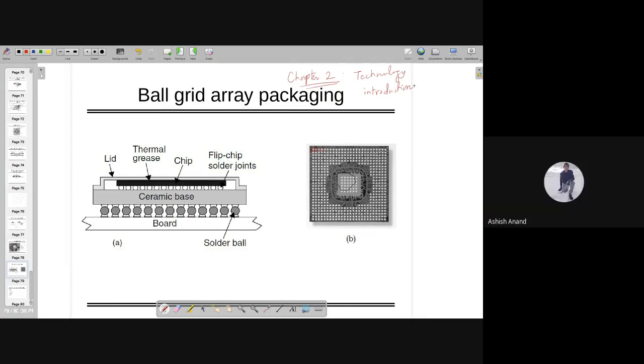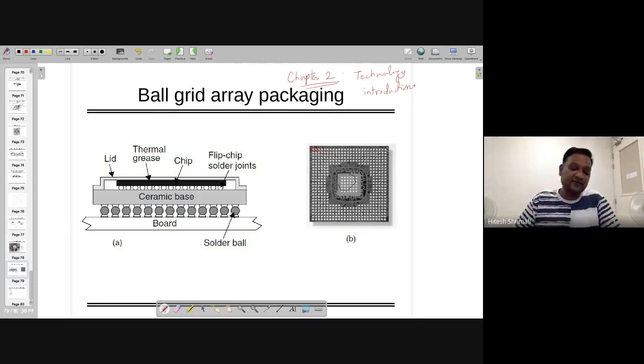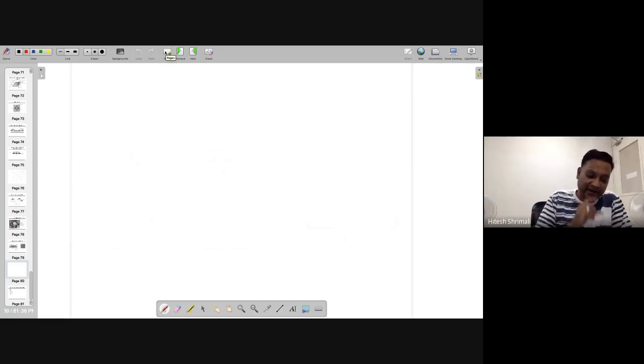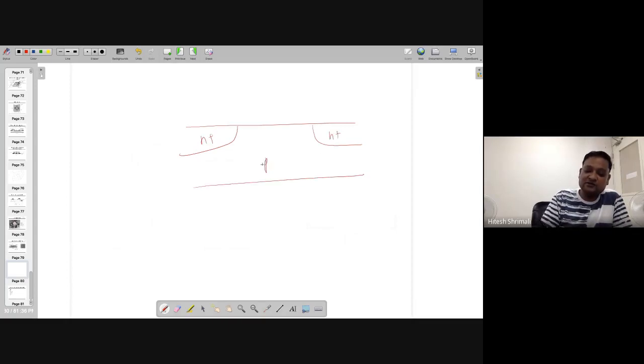Sir, is polysilicon a metal? No. Metal is different from polysilicon. So the gate is made up of metal, but here, okay, I understand your question. Maybe you want to say that when there is an NMOS or PMOS, I'm saying that this is connected to metal, right? And afterwards, I'm saying that this is actually the polysilicon gate, right? You're asking whether this polysilicon is the same as metal or not, right?